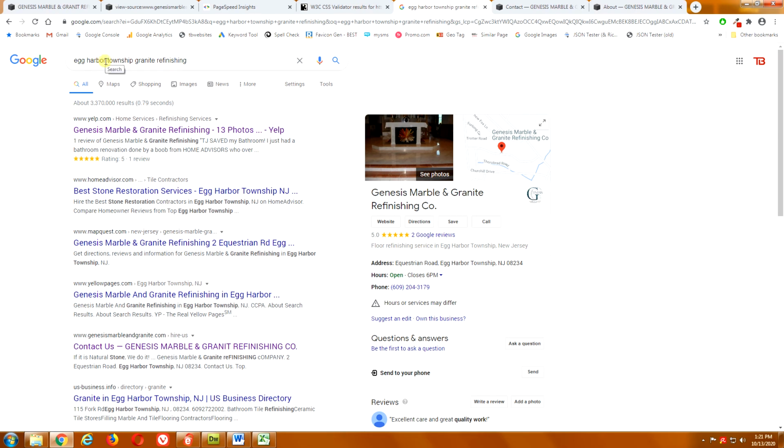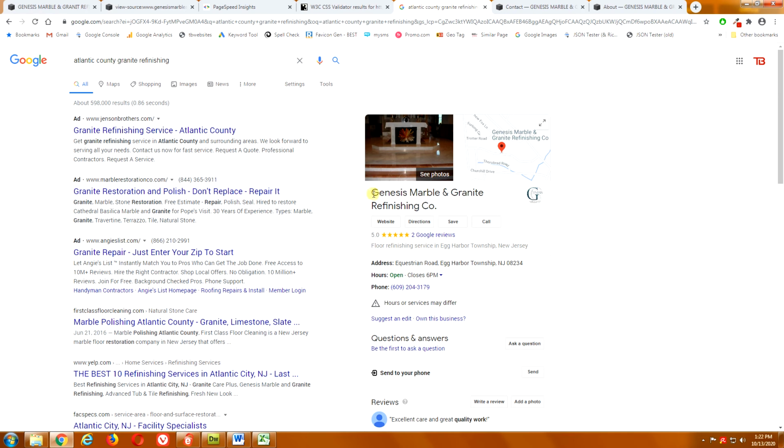So you're ranking for Egg Harbor Township, but that's really because it's showing up in the Google Maps section. To be in the Google Maps section, you don't even have to have a website. But what if you're not in Egg Harbor Township? I'm sure that you don't only serve Egg Harbor Township. So say Atlantic County. Well, Granite Refinishing is part of your company name, so I think you're still going to come up. Okay, so you do come up in the map section, but